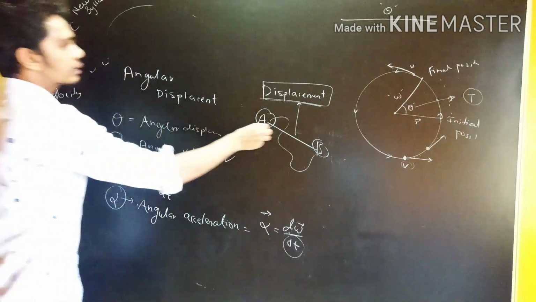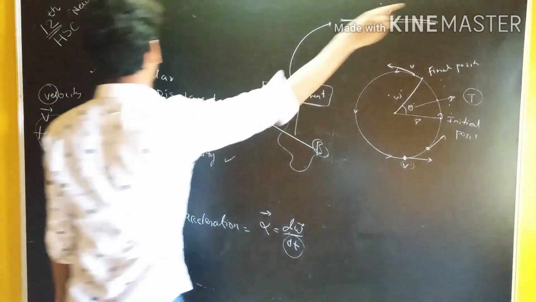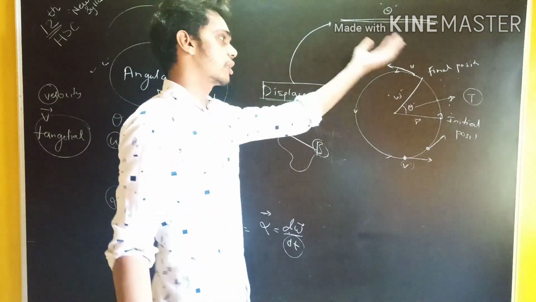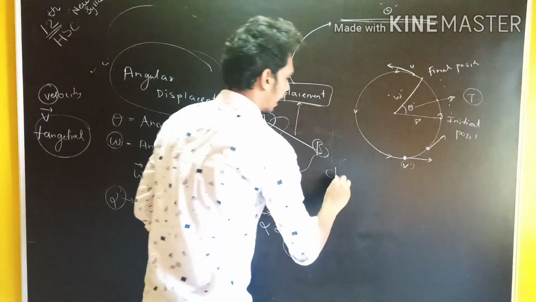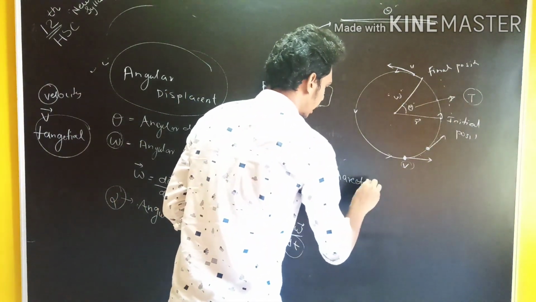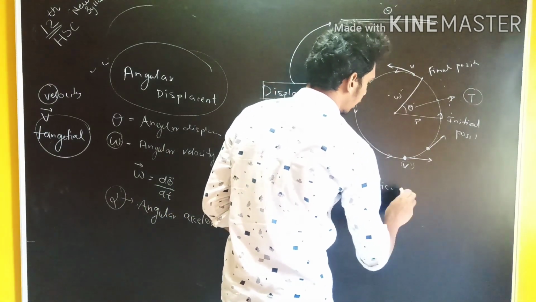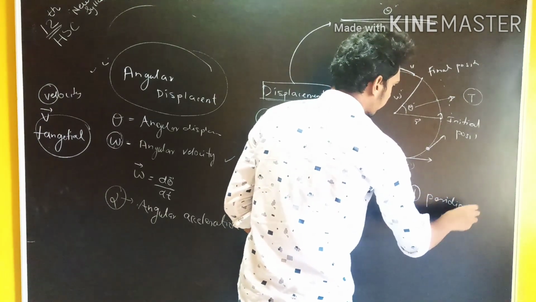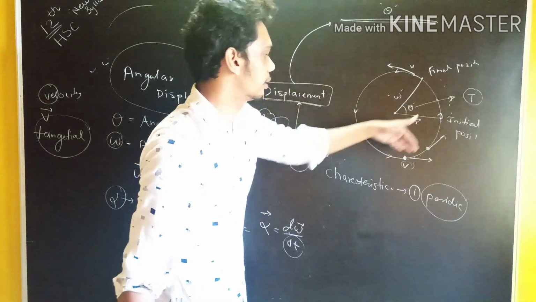But in this case, displacement is used in translational planar motion mostly, but we are using angular displacement because we are studying rotational dynamics or circular motion. Now, what are the characteristics of circular motion? The first one is periodic. Why is it periodic? Because it changes according to the direction. So we have seen here.